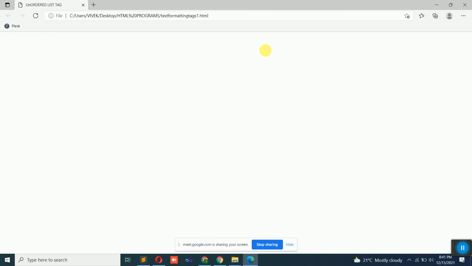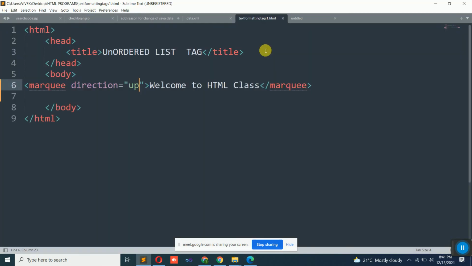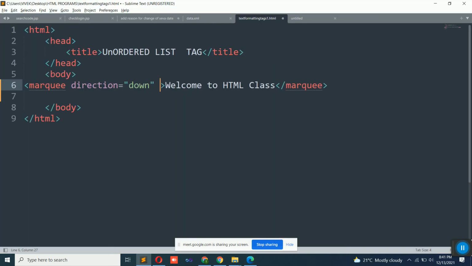The text starts moving upwards in this case. And down as needed. So the direction attribute has 4 different directions: left to right, right to left, up and down in this case. Next,